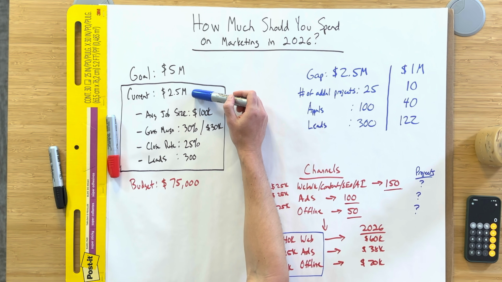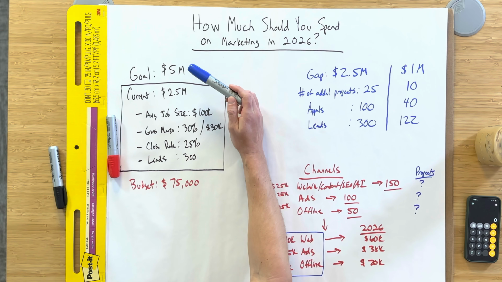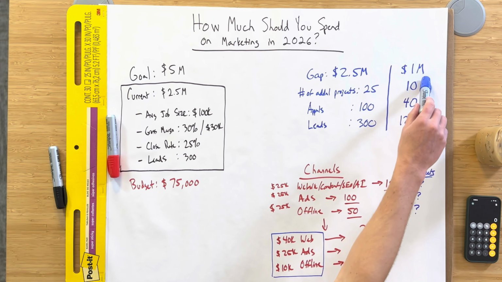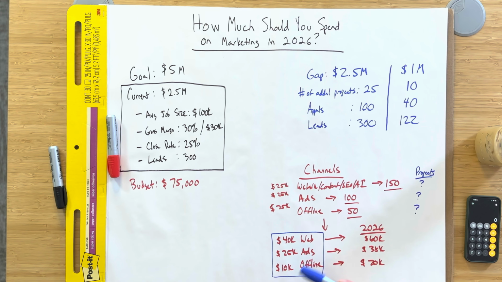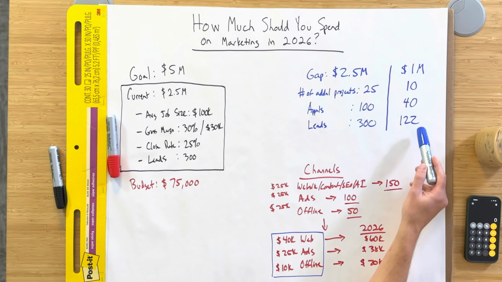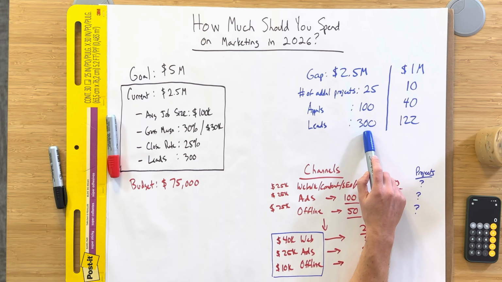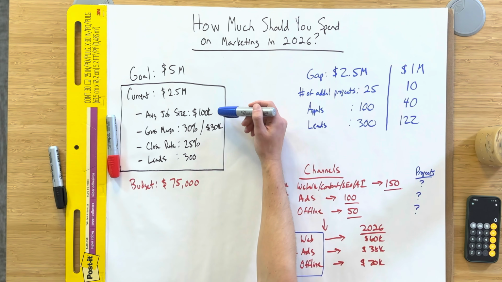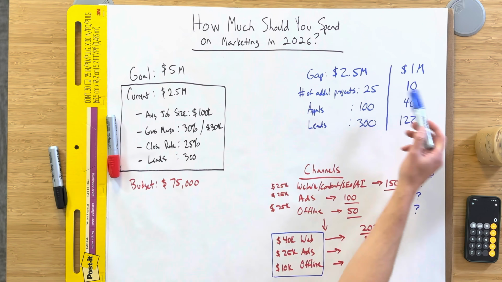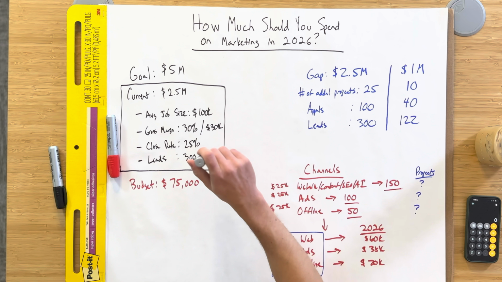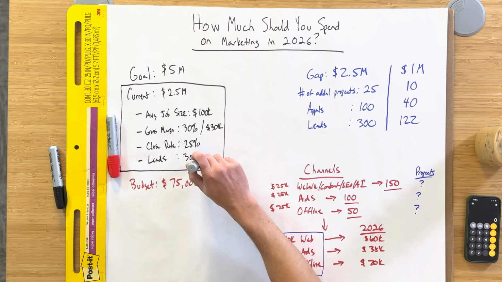So as you're going into the new year, you want to look at what you did for revenue the previous year, what your goal is. Again, doubling your business versus adding $1 million is going to be very different in this scenario. You're going to need to adjust your budget in a very different way, getting 122 more leads versus 300 leads. We want to know our average job size. That way we know how many additional projects we need. We need to know our gross margin. We need to know our close rate and our number of leads.